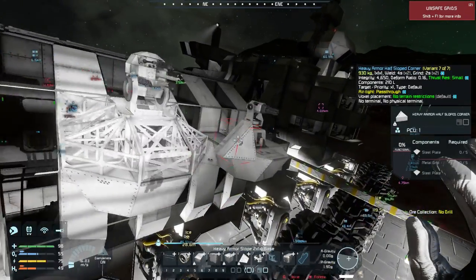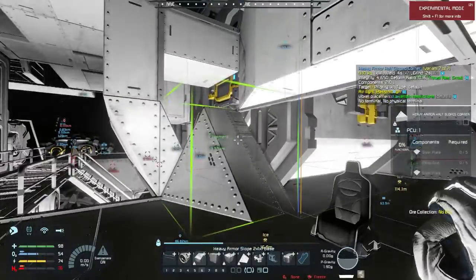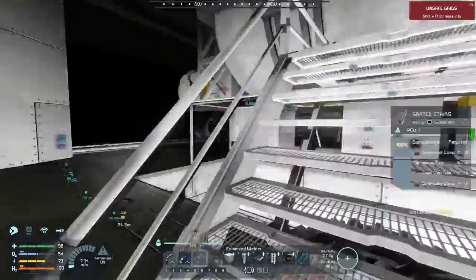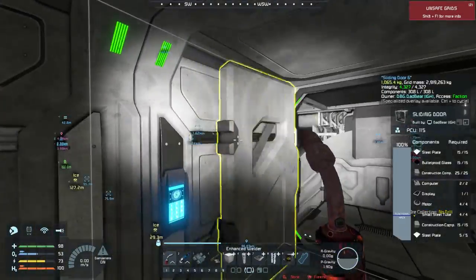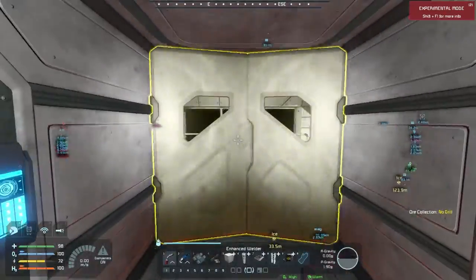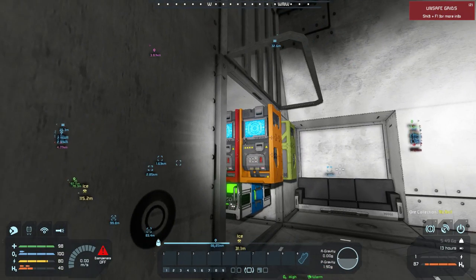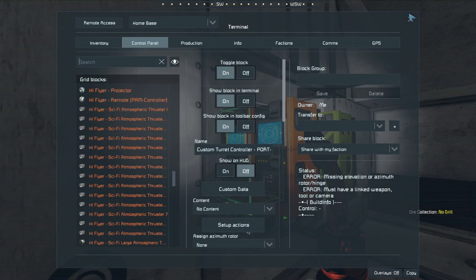Okay. I think that will work. We'll put that up, and then we are going to run our way up here, go inside. I want to see something. Can I? No, I cannot. Never tried that before. I want to say somebody's got a mod that allows you to do that, but